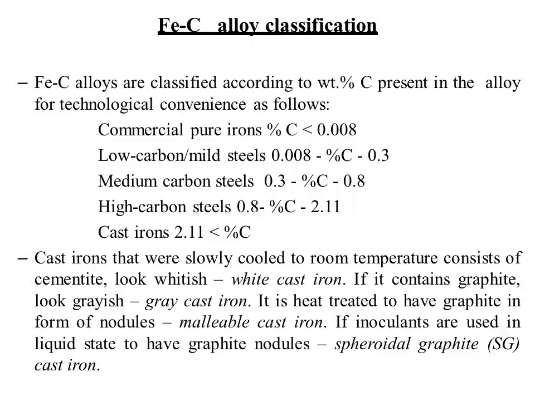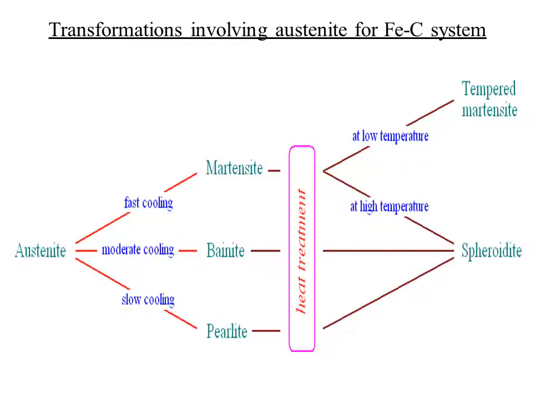Okay, so for a particular purpose you have to find out what percentage of carbon is to be added and what the temperature will be for that particular application. So all these are necessary to select an engineering material. So that is why we are drawing the phase diagrams. So this is the transformation which happens in an Fe-C system. So when you are mixing iron and carbon together, this is the transformation which is involved.